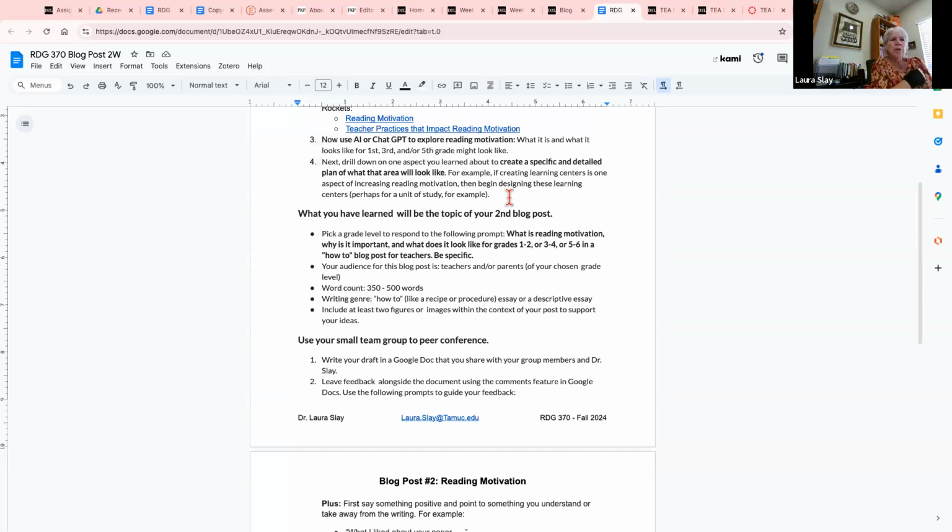So you're going to pick a particular grade level to respond to this prompt. What is reading motivation and why is it important? What does it look like for maybe grades 1 or 2, 3 or 4, or 5 or 6? And you're going to write a very specific blog post. Maybe it's a form of a recipe, but as you know, when you look online at recipes, it's very hard to just find the recipe. You have to have a little background information to describe why this recipe is important, to get people interested in reading about your formula, your routine, your advice to other teachers,